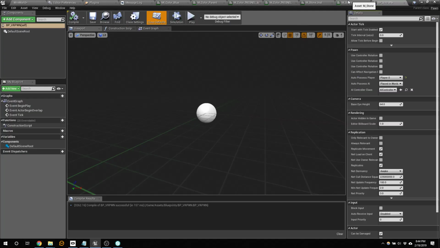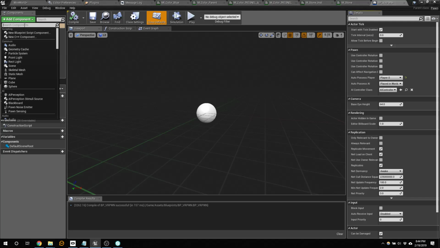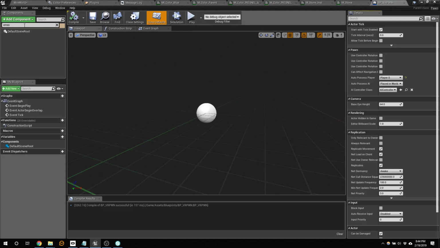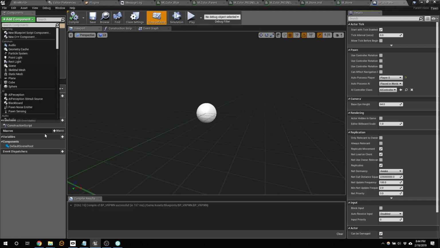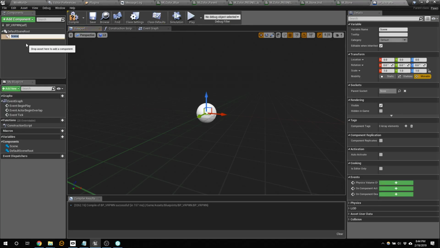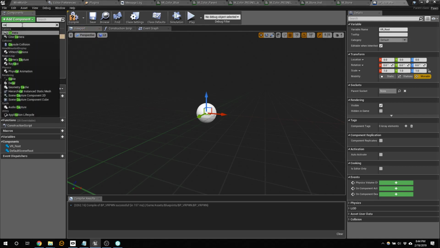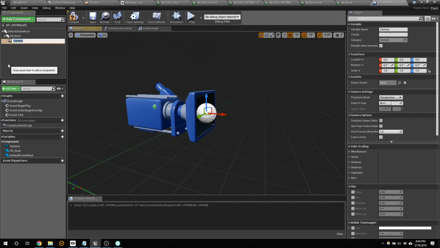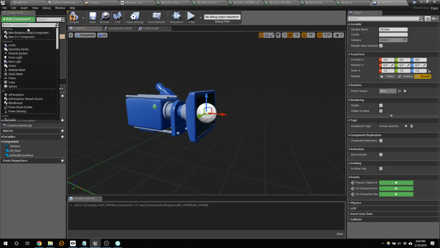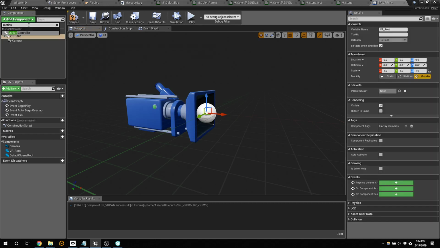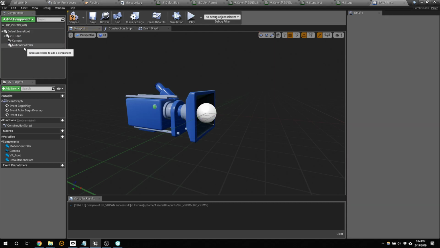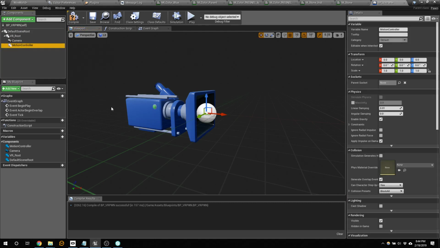So at the root, I'm going to add in a scene component, which I'm going to call VR root. All right, and from here I'm going to put in my camera. And then I'm also going to add in motion controllers. It's that easy. The motion controller, the setting you care about is that it has